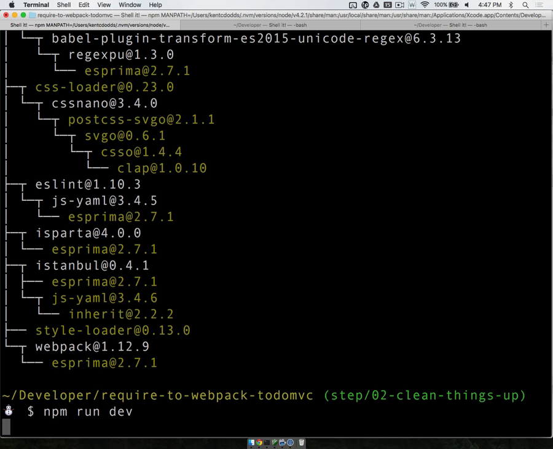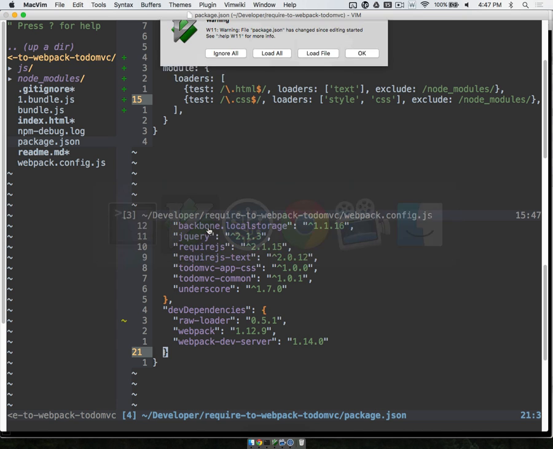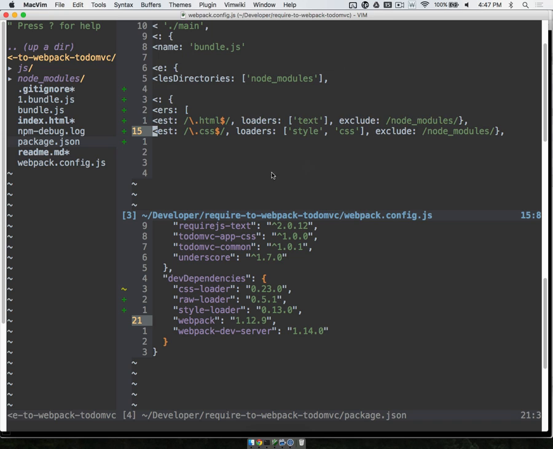Okay, so now if we run npm run dev, we're going to get another error. Oh dear, what's wrong? You may need an appropriate loader to handle this file type, test CSS loaders. Oh, those are included in one. Yeah, thank you. So those are actually in the node modules directory, which your code would not normally be. But that's a good point, if you are using third-party code, which is in node modules, which you should be